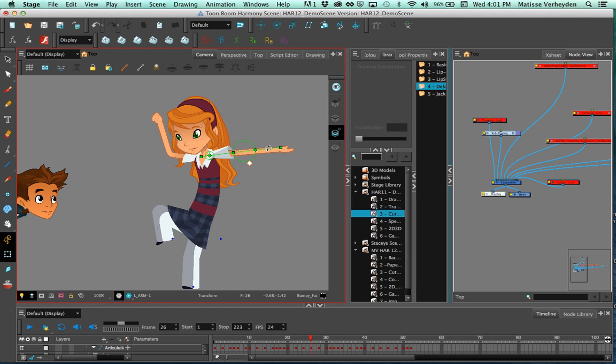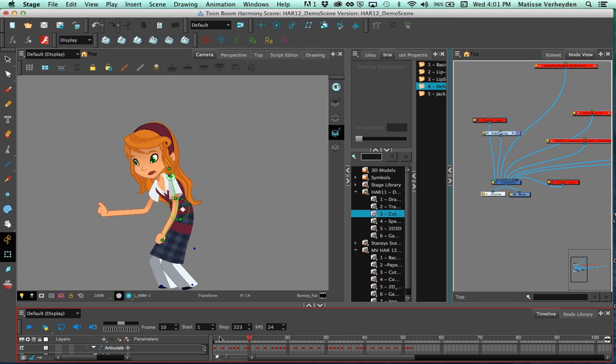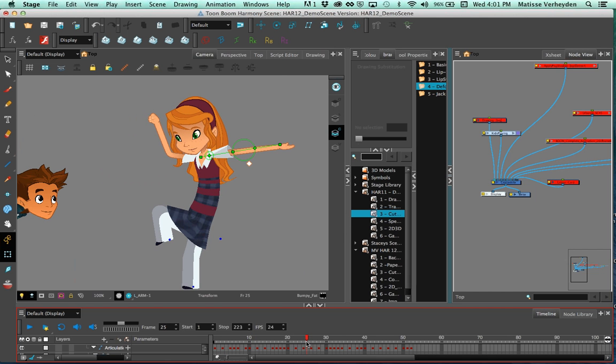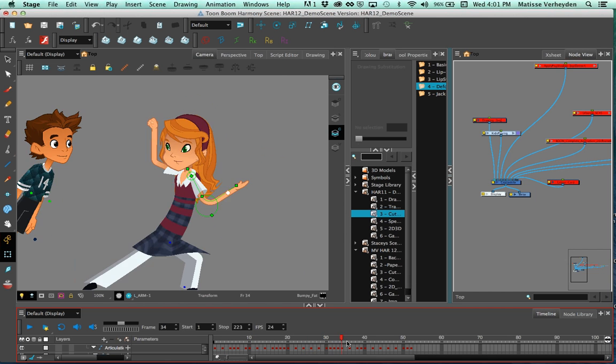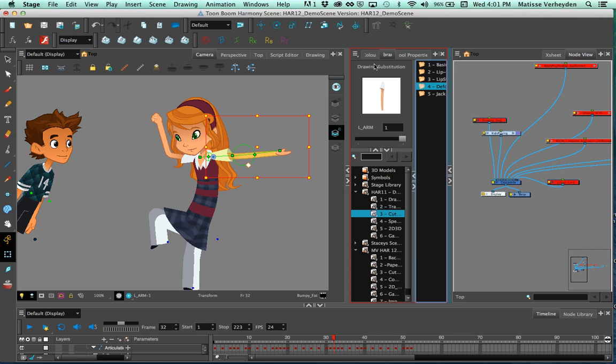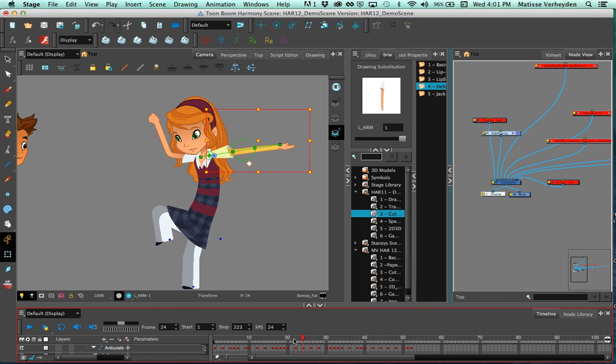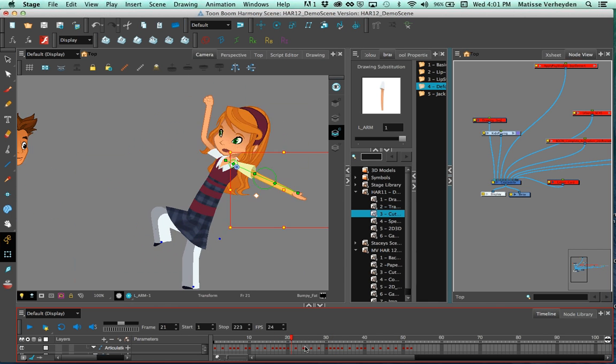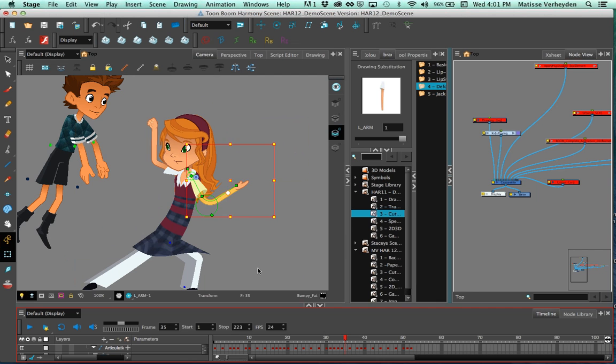Okay. So this animation, now I've just tweaked one pose, so the girl is, of course, twitching. But it's all been done with deformers. So if I click on the arm, you can see that there's absolutely no drawing substitution. There's only one drawing in it. But yet it bends in many different ways. And so if I modify the size of the articulation, you'll see that it's going to affect